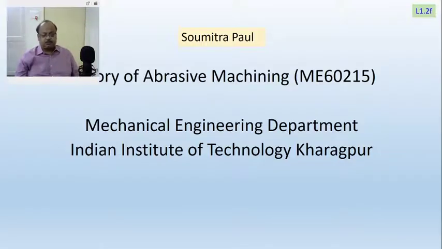So this 1.2A to F, each one of them is a small video of around 10 to 12 minutes length. And here I am trying to convey how to estimate material removal rate in different machining processes. Why am I doing that? Because kinematically, some of the machining processes have similarity with different grinding processes. Already I have demonstrated that slab milling and plain surface grinding, kinematically they are equivalent. So if you know how to estimate material removal rate in one, you would also be able to estimate material removal rate in the other one.